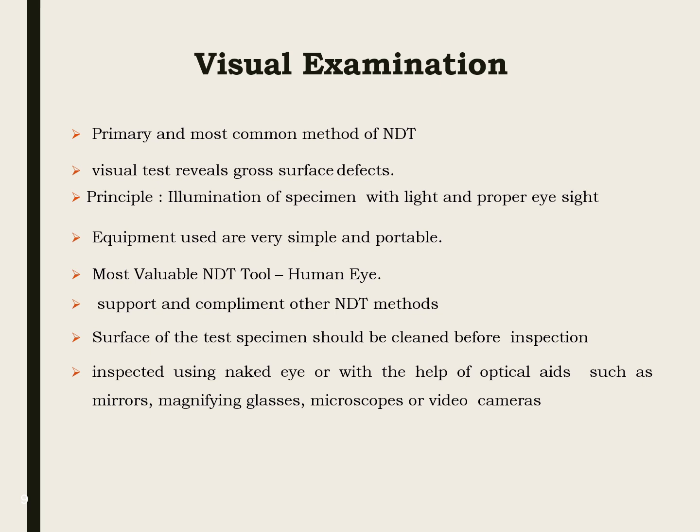Now, as also discussed, visual examination acts as a secondary inspection method, or a supportive or complementary method to other NDT methods. The other primary NDT methods, as discussed in the previous slide, are mainly used. Visual inspection just supports all of them. That is the main function. Now, the most valuable NDT tool, as you know, is the human eye. But currently, computerized methods are also being used. The equipment is very simple as well as portable.